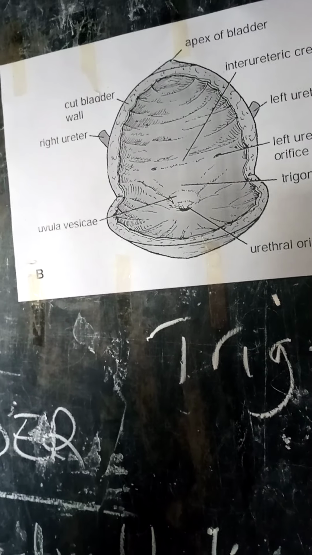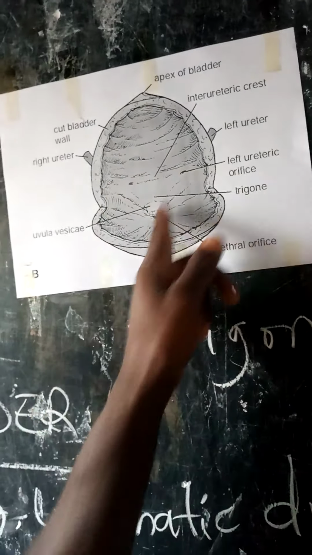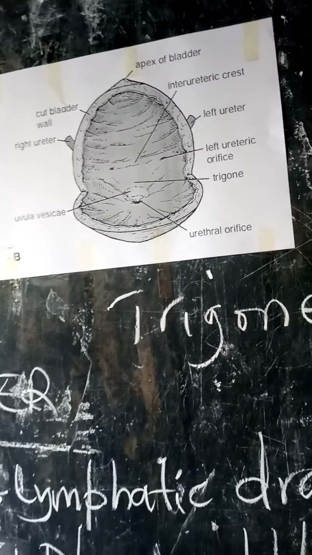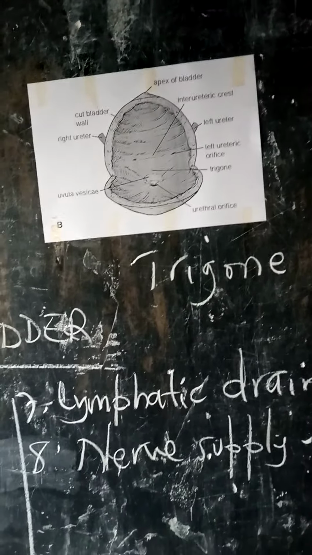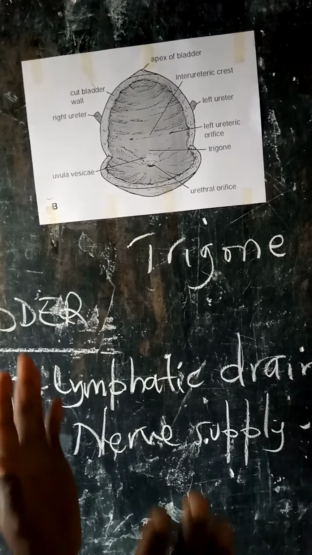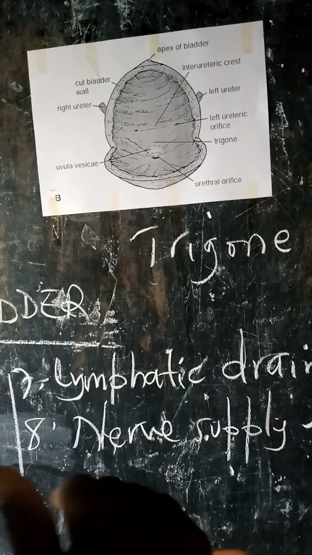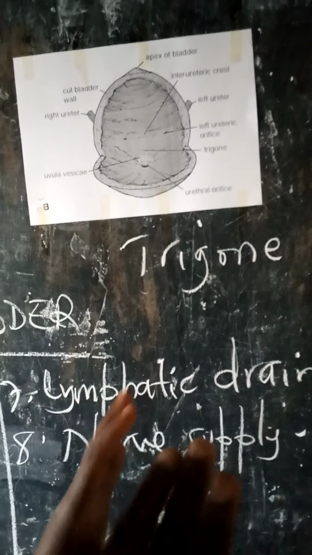But on the posterior surface, inside the urinary bladder, we find a smooth part, and that part is triangular, and that part is what we call the trigone, which is here. We call it the trigone of the urinary bladder. Now inside the urinary bladder, you only have to know about the rugae, which are folds inside the urinary bladder. Then you have to know that there is a specific area called the trigone, where the mucosa is smooth.